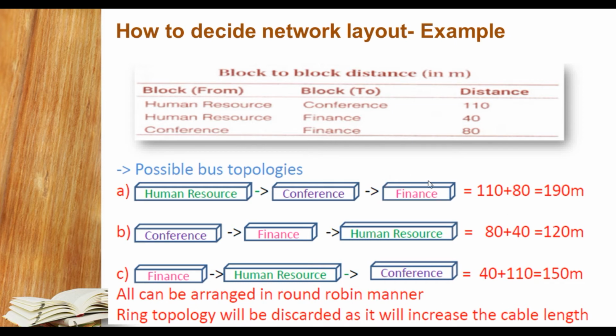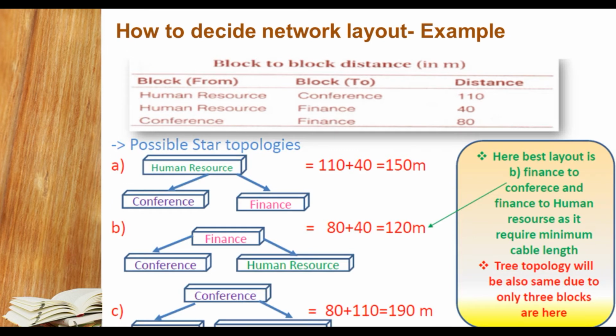Suppose you are using bus topology and at last we use the wire as a ring, then our first concept will fail, that is, the shortest length of wire will fail, and that time it will require more length of cable. So we use a different topology. Here the possible topology is star topology. Most probably, whenever you are using a layout or design, the star topology is best, not for every, but in most cases.